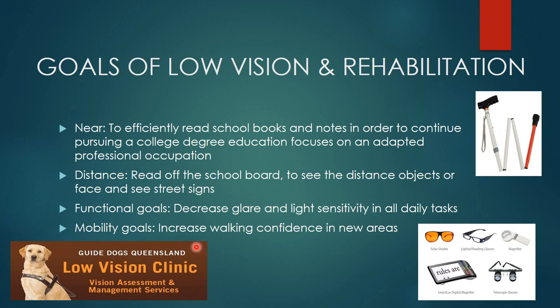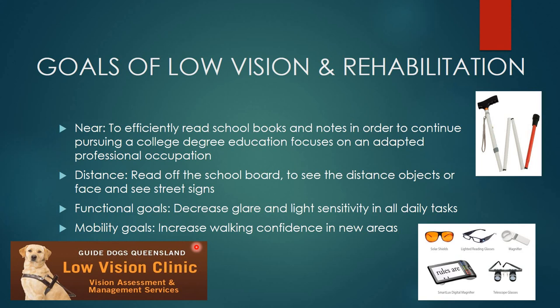Coming to low vision, this is the only option where you can try to improve their lifestyle, by giving a low vision device and rehabilitation. Coming to near vision, you have to make sure that they are able to read textbooks and school books, because it occurs in early adult life and infants, and you have to look into the professional consideration also. You have to teach them how to read road signs, see distant objects, identify faces, and use eccentric fixation.